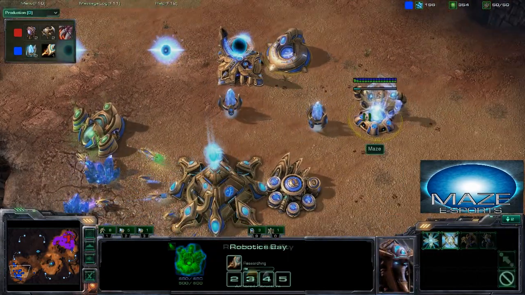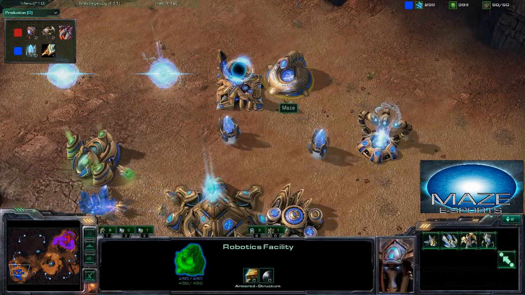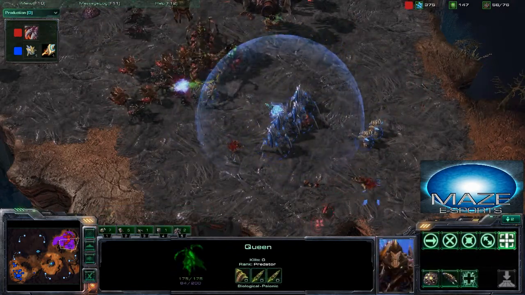So here I am chrono boosting out my tech, extended thermal lance. You should probably get that around the same time that you start making your first Colossi. And here comes a battle right now. I have tons of Zealots, but like I said, it's really not that good against this force, so I'm kind of losing too many units,